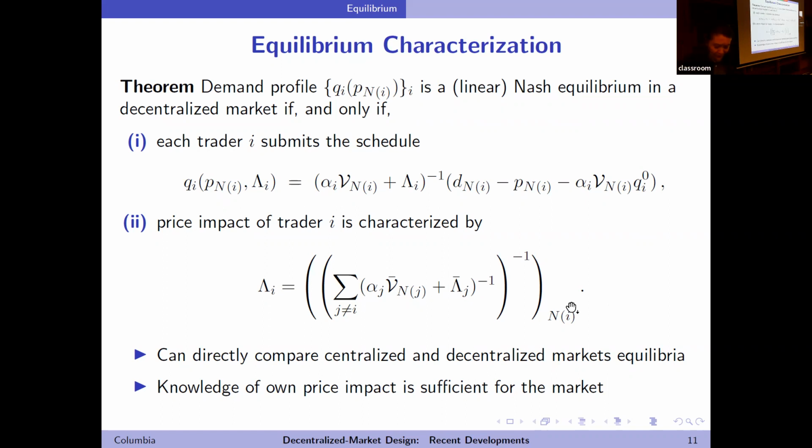It characterizes the price impact of each trader as the harmonic mean of inverse demand slopes. Any non-zero element off the diagonal of the trader i submatrix would migrate to other parts of the matrix after we take the inverse operator. It's the mathematical intuition for the non-separability.